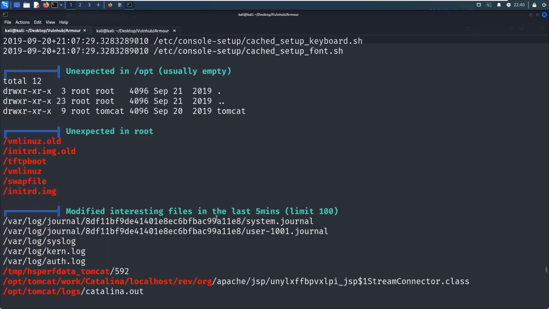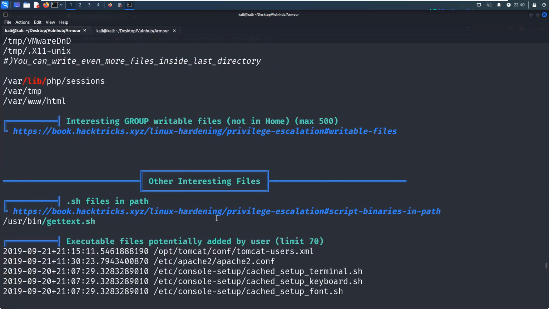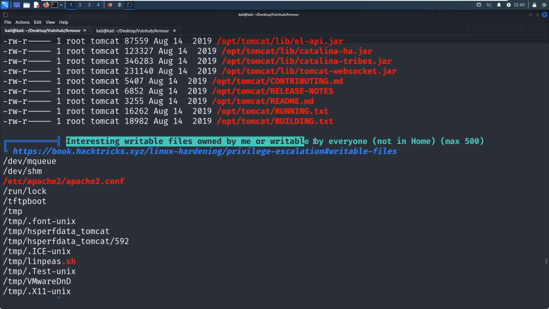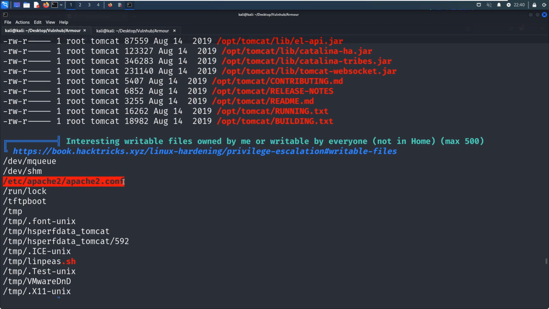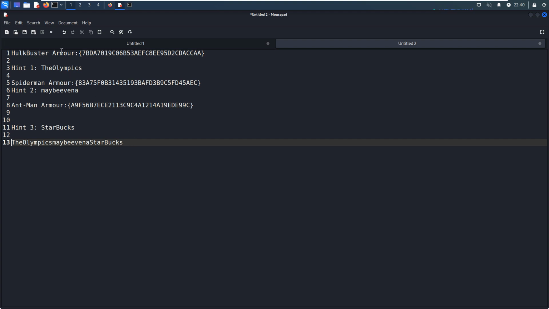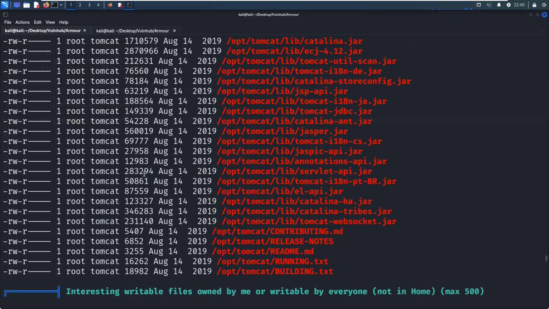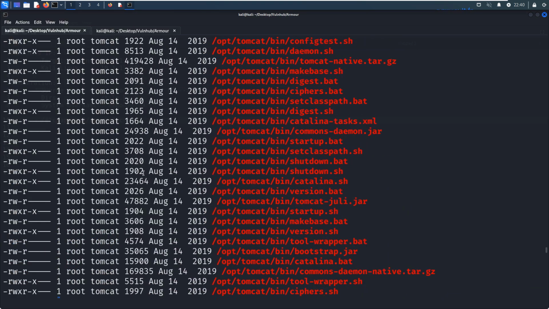I'd like to point out for you guys: interesting writable files owned by me or writable by everyone. So this one we can copy, this configuration file for Apache 2. And now we can note it down to our notebook. All right, we can continue our searching.